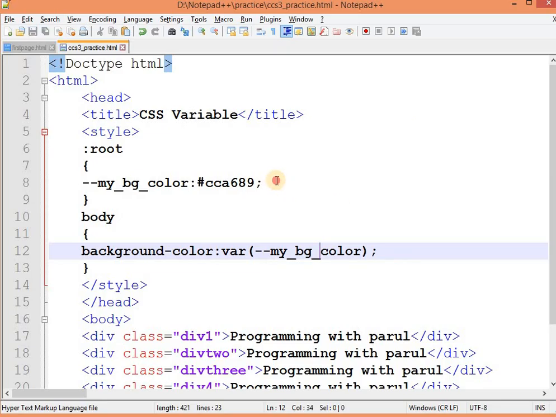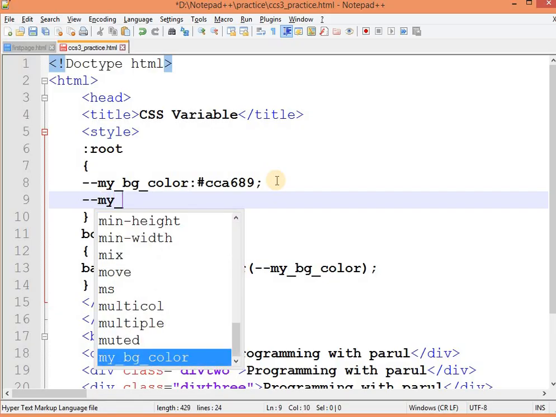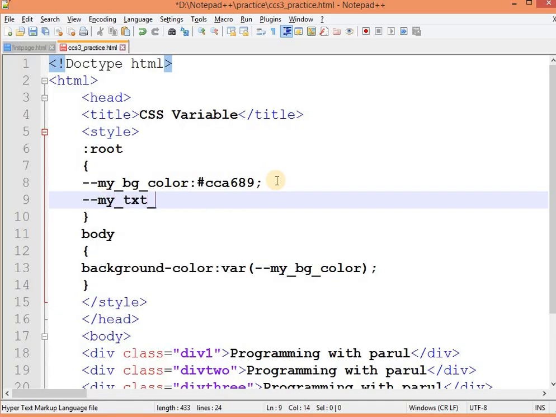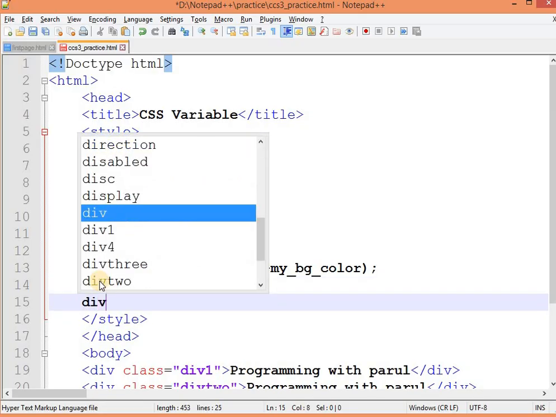Now I want to customize the text color for my web page. So dash dash, because it is the syntax, my text color. And I am using a hash code like 348CCC. I don't know what color it is. Now how can I do that? I want to apply it for the div tag.